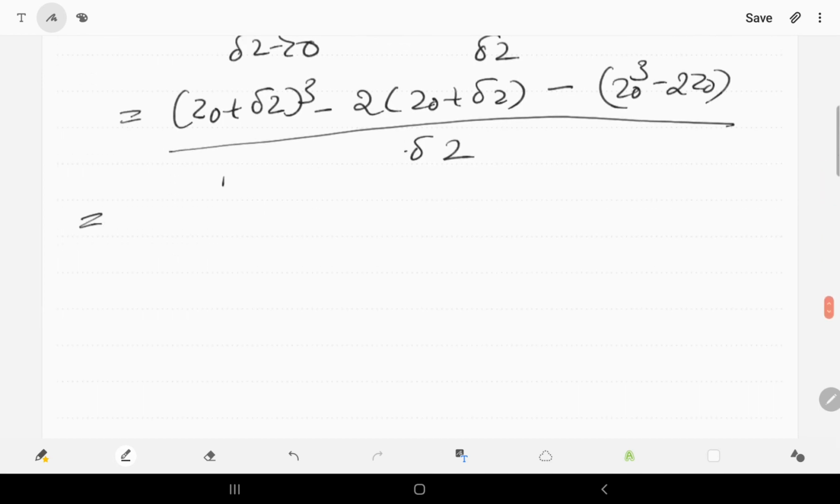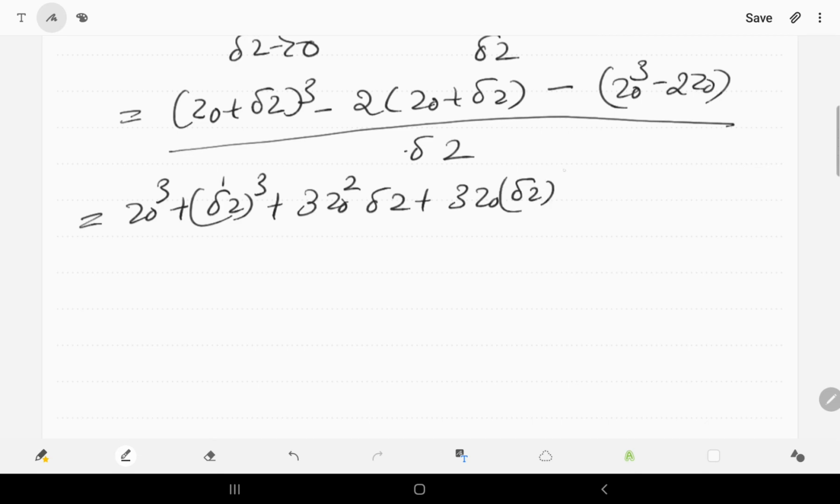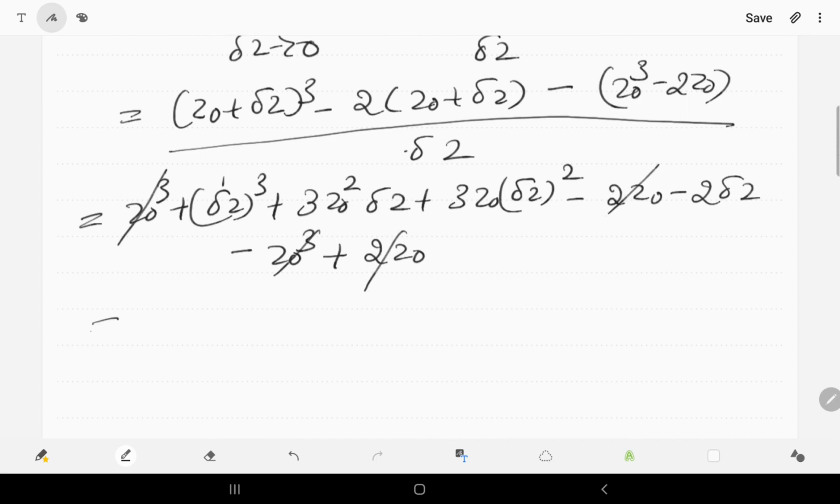Using the (a plus b) whole cube formula, that is equal to z naught cube plus delta z whole cube plus 3z naught square delta z plus 3z naught delta z whole square minus 2z naught minus 2 delta z minus z naught cube plus 2z naught. Therefore, plus and minus terms cancel, remains